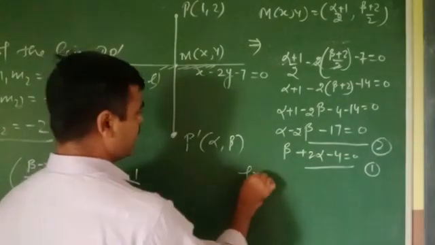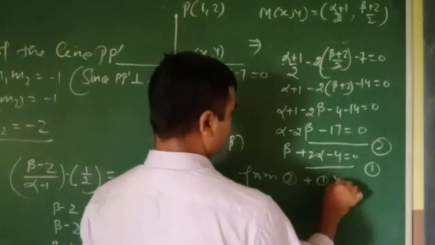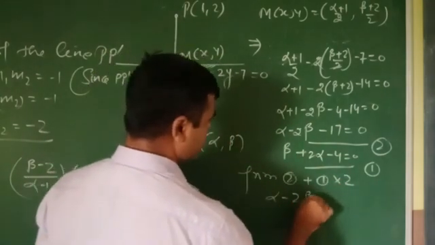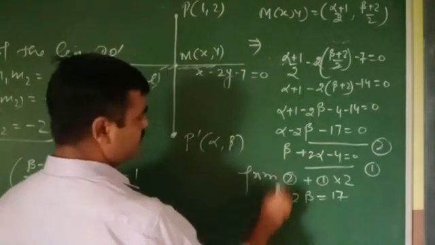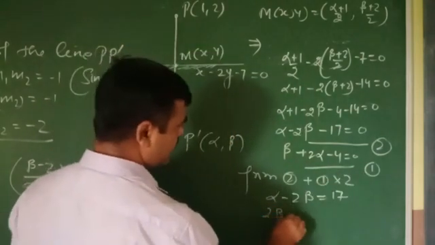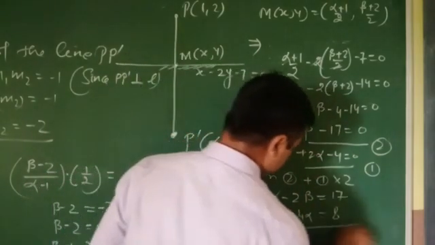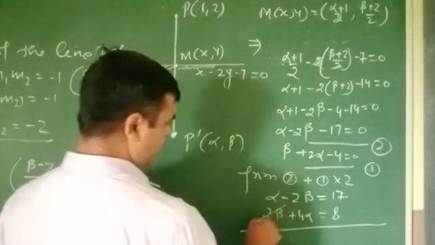Then the second equation is alpha - 2 beta = 17, and the first multiplied by 2 gives 2 beta + 4 alpha = 8. Since these are to be added, beta and beta cancel out,